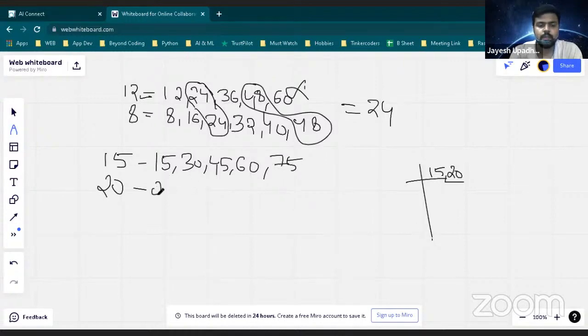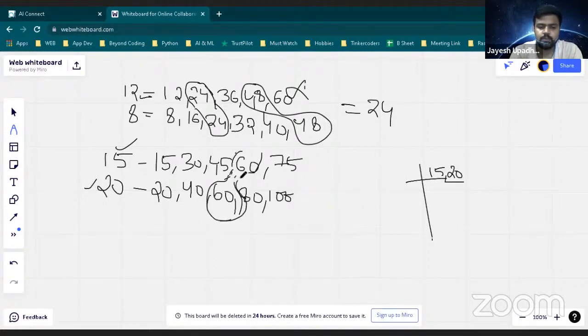Then I will do 20: 40, 60, 80, 100. So in the first five multiples of both the numbers, 15 and 20, I'm getting my common multiple. Okay, I got my answer. That is 60. I hope you have guessed this one only. तो 60 सबसे छोटा है और दोनों में कॉमन भी है, तो 60 इसका आंसर है.